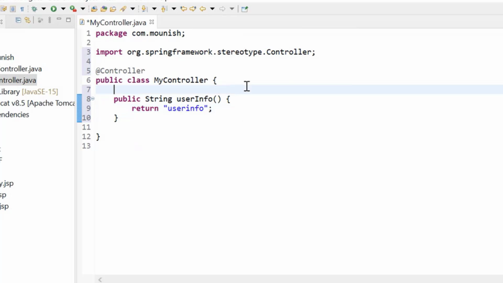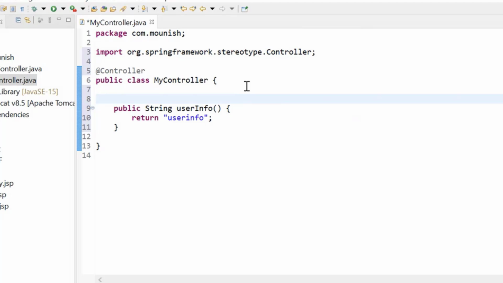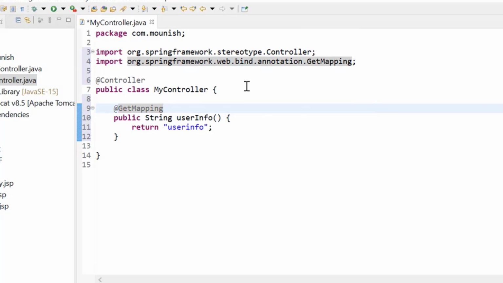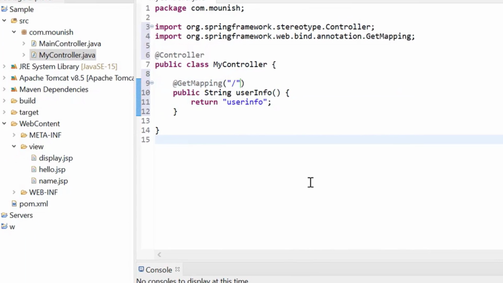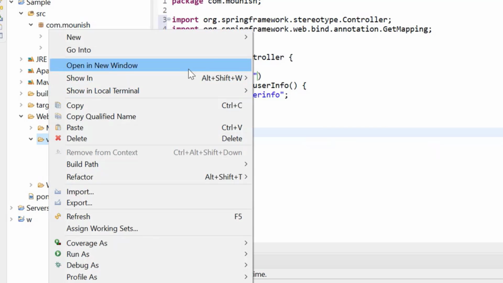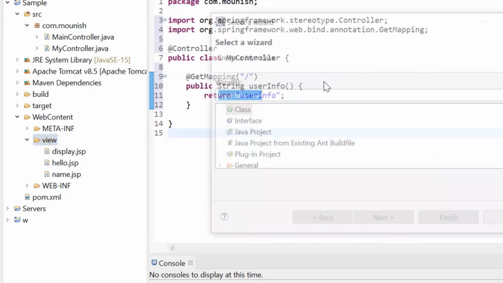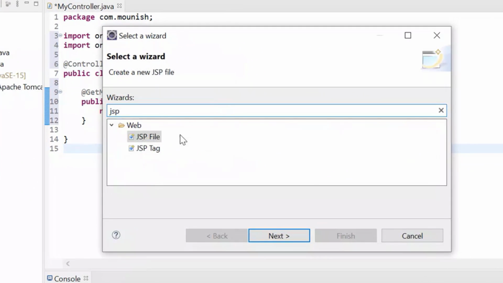Okay, so now basically it's a controller, so I have to give an endpoint. Instead of giving request mapping, I'll make use of my get mapping method, and this will be my home page. We already know that this is basically representing a JSP page. So let me create a JSP page for that, a new other JSP.